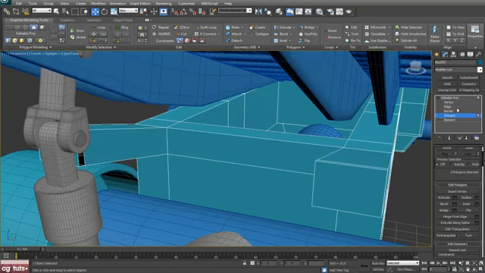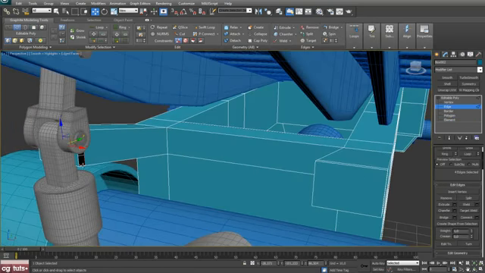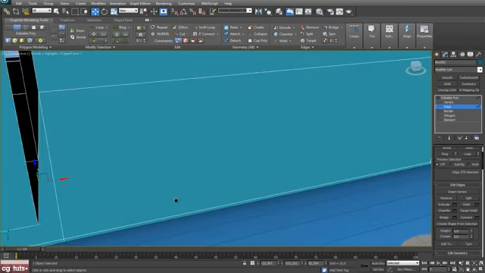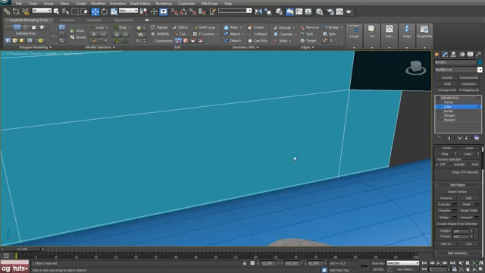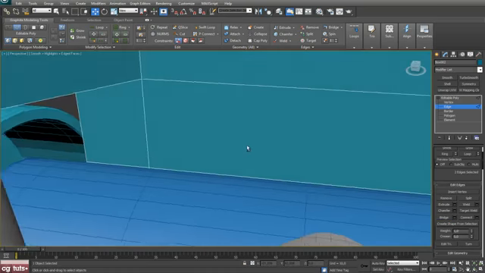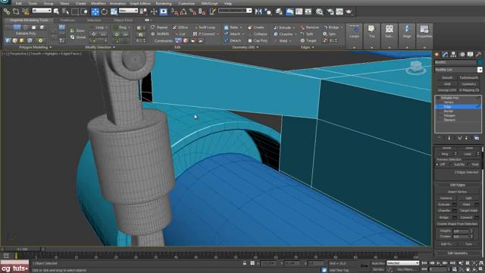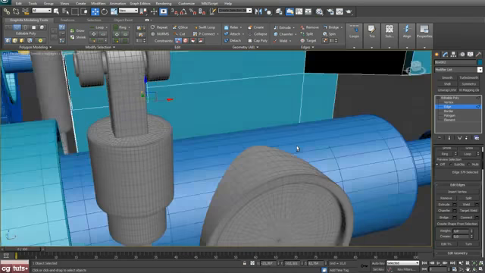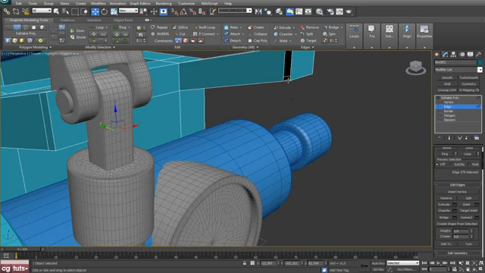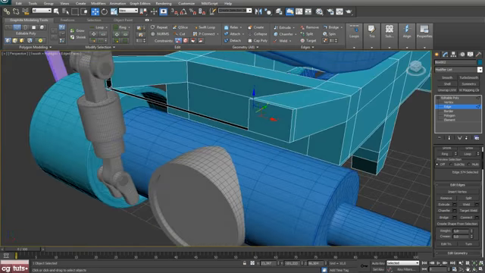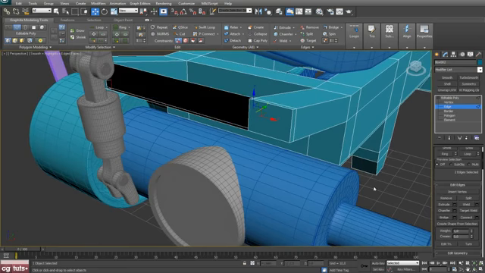And now select this edge, let's zoom in, select that guy and make bridge, sorry, select this edge and this one and bridge, this one and this one, bridge,